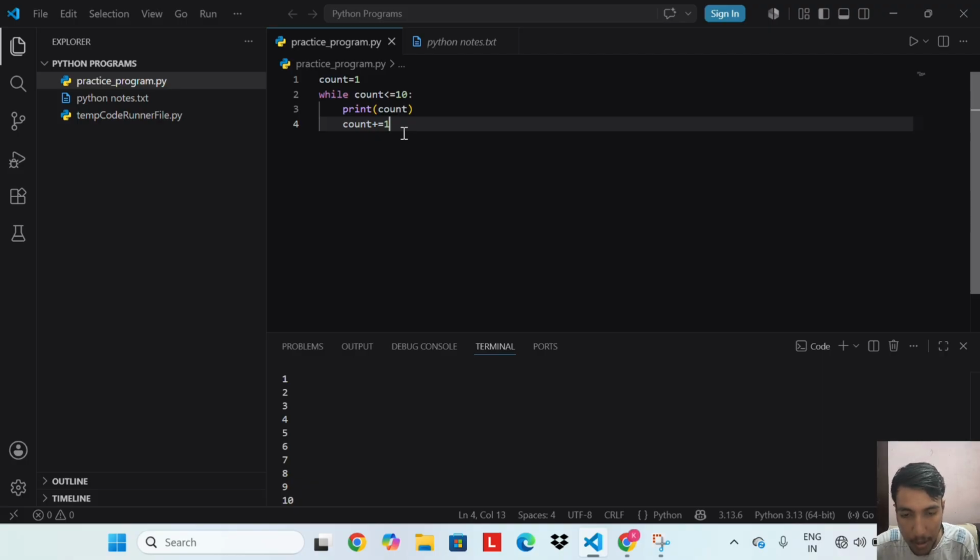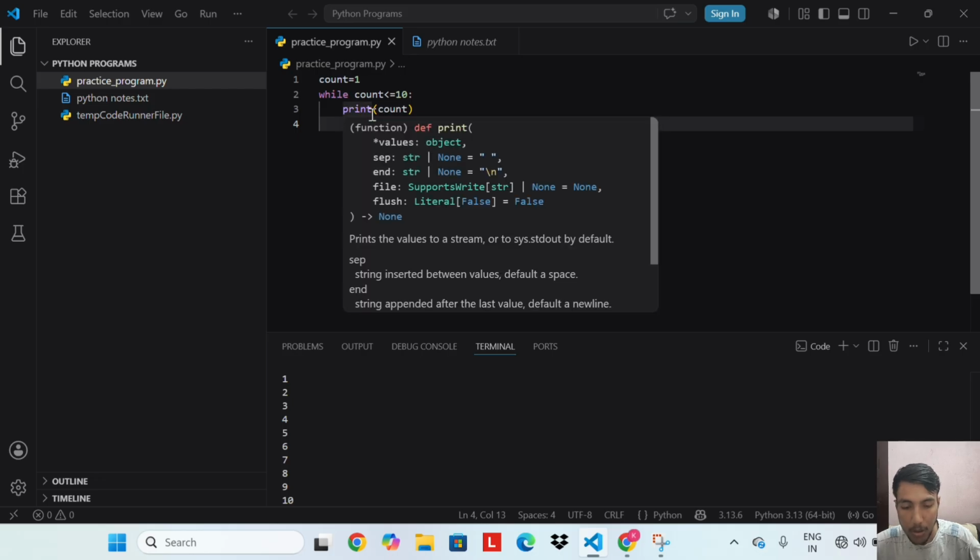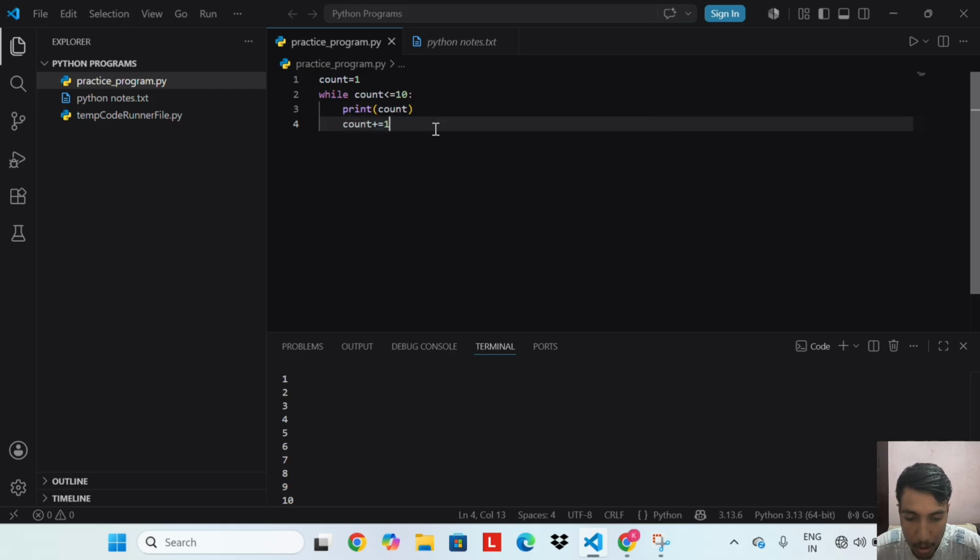This repeats until count reaches 11, at which point the condition becomes false and the loop stops. This shows that for loops and while loops can often do the same job. The choice depends on what is more natural for the situation. Use for when you know the sequence. Use while when you are working with a condition.